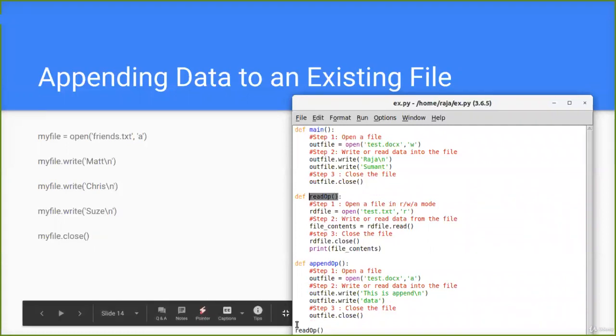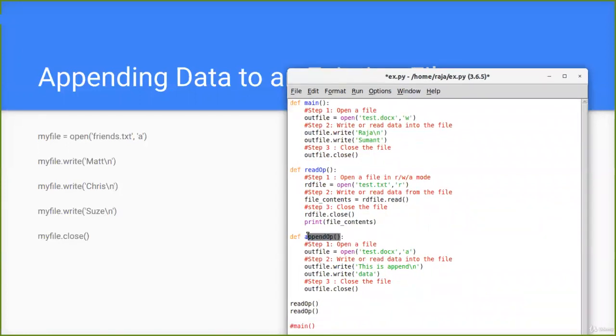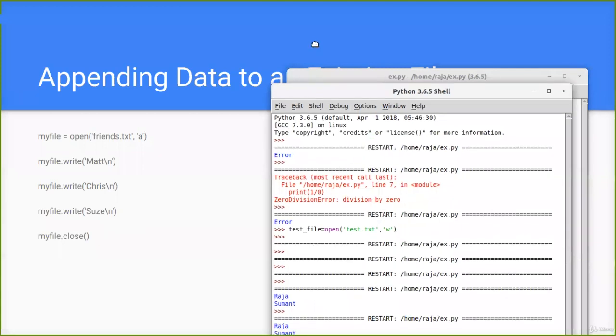So I am opening a file inside append mode, and I am closing the file. Okay, so let me first try to call my append operation, and then I'll read the contents in my file. Now when I'm doing an append operation, what we have learned is it will add to the end of the file. Now when we open a file in write mode, it will simply erase the contents, but in append mode, it will retain the old contents, but it will add to the original content. So my expected output should be,